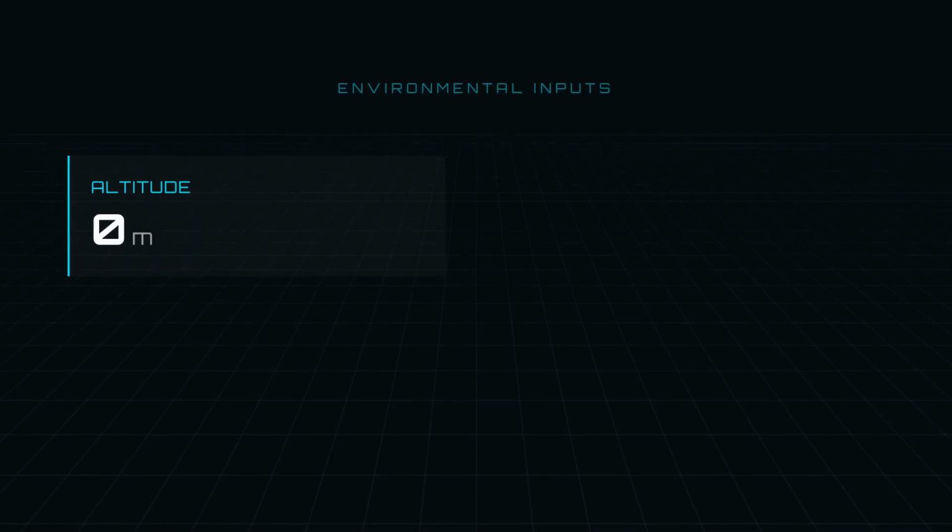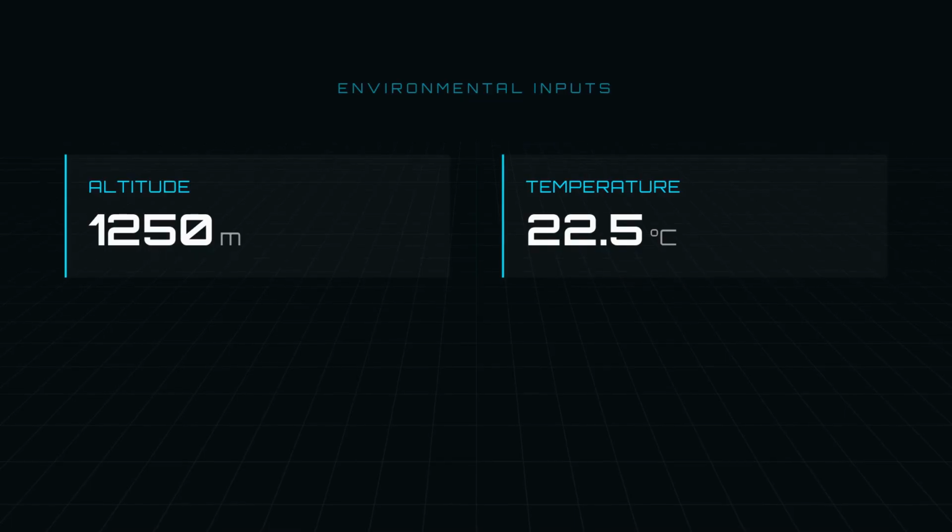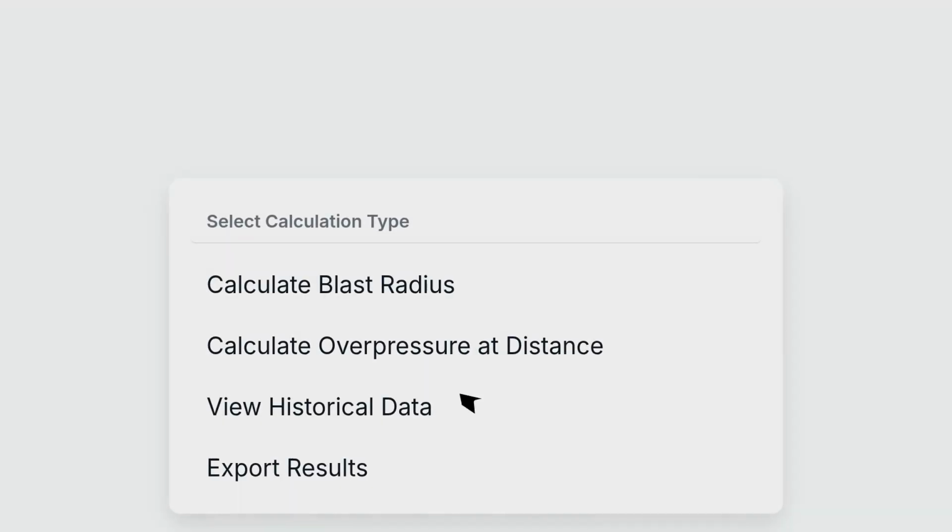field. The site is at 250 meters elevation, which goes in the altitude field, and today's temperature is 20 degrees Celsius. Now I'll click Calculate Blast Effects. The calculator returns our peak overpressure result. This value represents the maximum pressure wave intensity at your specified distance, critical for determining structural damage potential and establishing